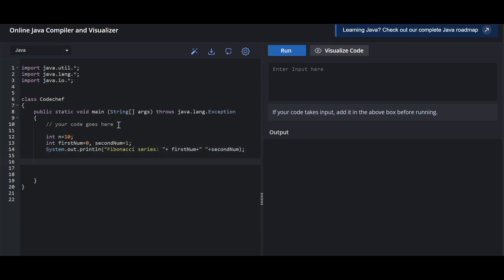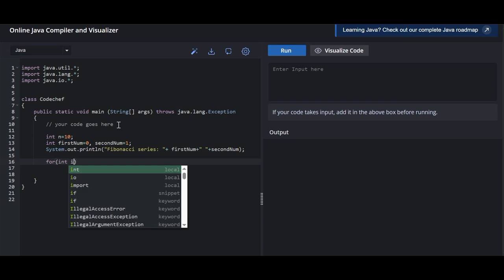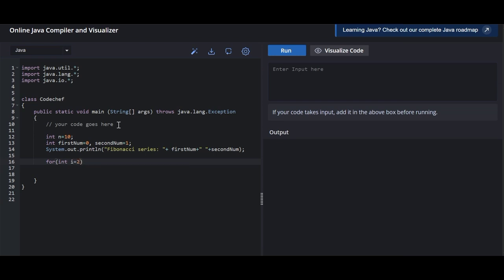After that, we'll use a for loop. First, we need to initialize i with 2, because the third number would be, the fourth number would be 2, and we need to start from that number. So i is equal to 2, then i is less than n.